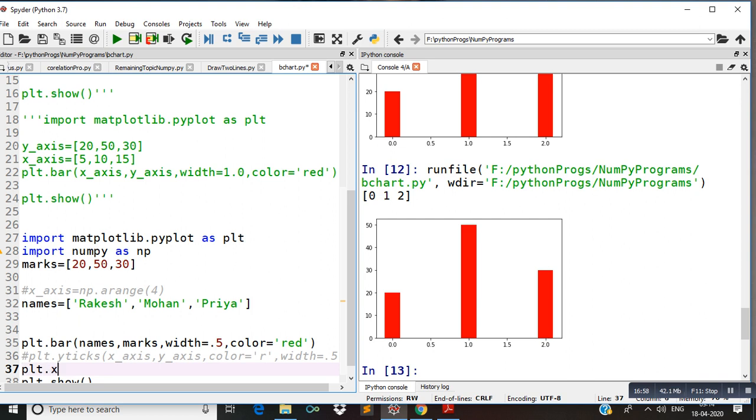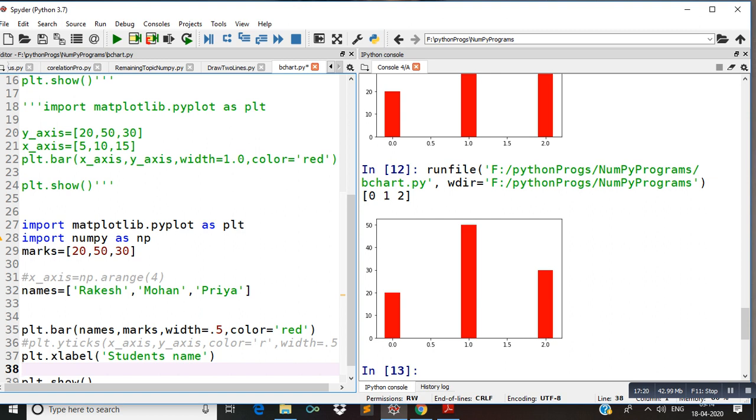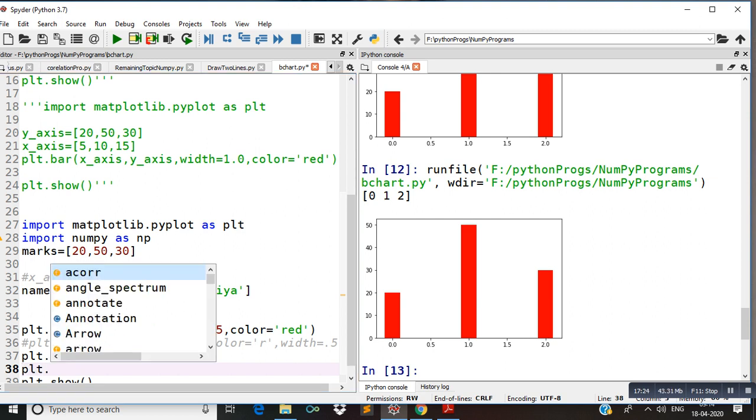And at ylabel, for the y-axis, plt.ylabel can be written like this, and here we can type marks of students. Now if I include these lines in this program, what will be the result?